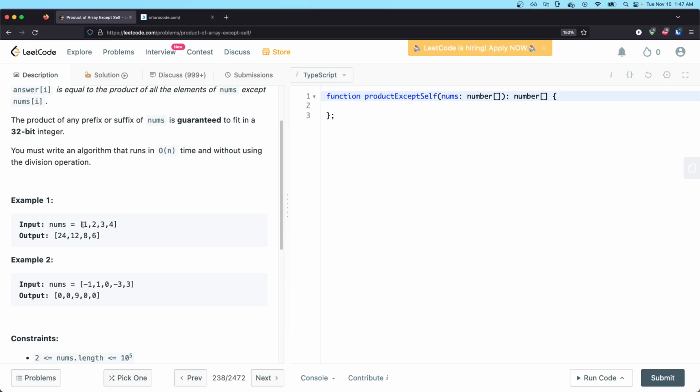So for example, if we have 1, we want to return in the index 0 2 times 3 times 4, which is 24. In the first index, or index 1, we want to return 1 times 3 times 4, which is 12. In the second index, where the 3 is, we want to return 8 because 1 times 2 times 4 is 8,